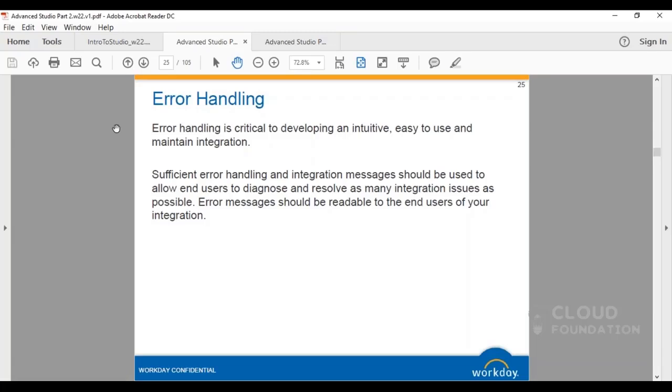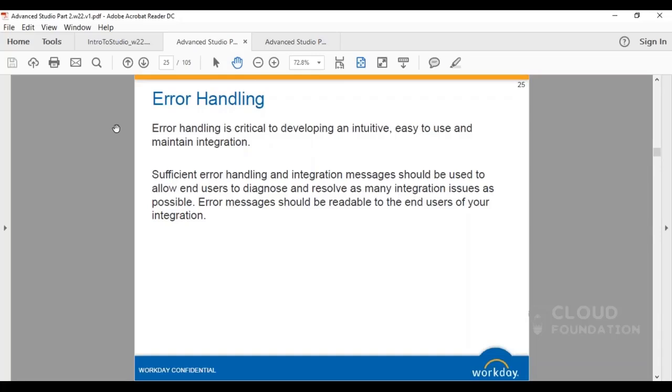We write a meaningful error message which can be understood by the end user, and we write the complete exception details inside the log file,